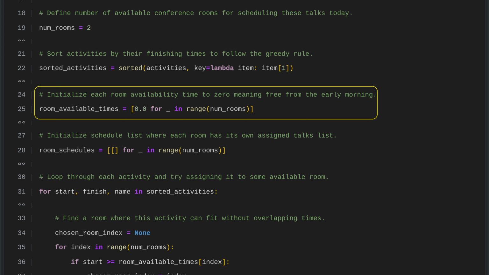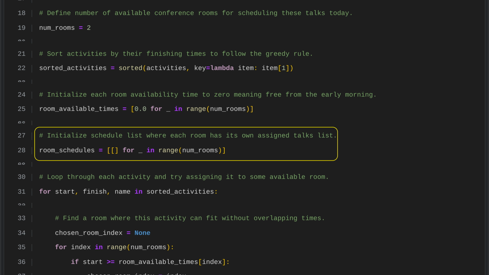This means every room is ready to host activities immediately from the early morning. We set up a list to represent the schedule for each conference room, where each room has its own sublist to store its assigned talks. A list comprehension is used to quickly create an empty sublist for every available room. With this structure in place, we can easily add each talk to the correct room's sublist as we build the